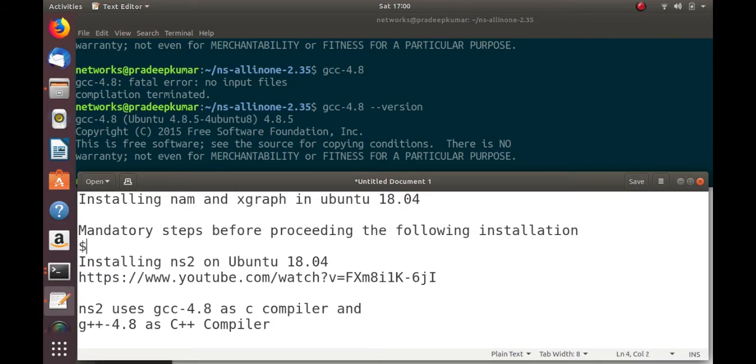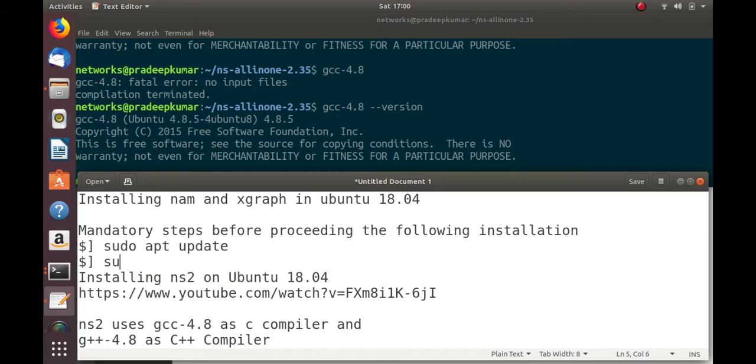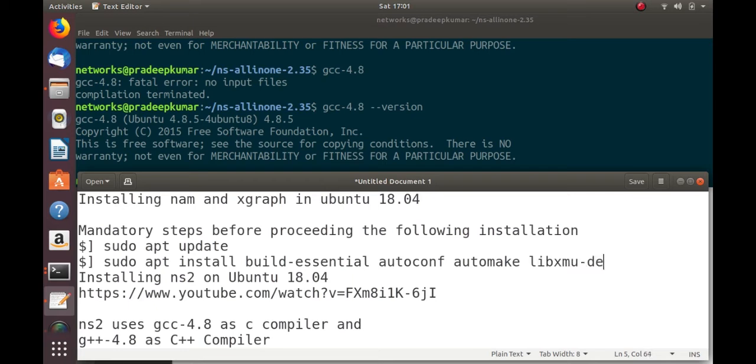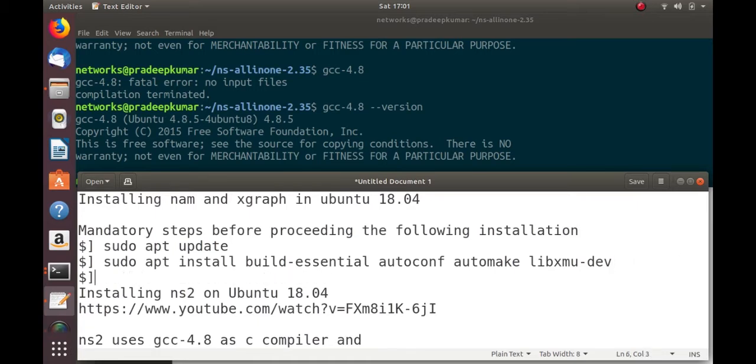What you can do is first use sudo apt update. Next is sudo apt install build-essential autoconf automake libxmu-dev, then gcc-4.8. Or you can try this first; if there are any dependencies, let it solve them, then finally you can try this.